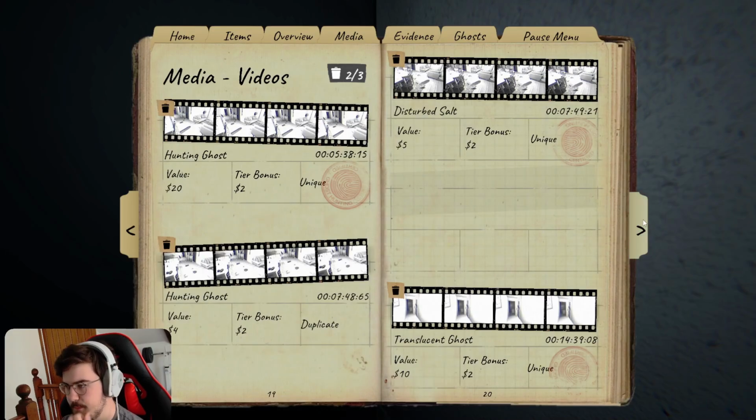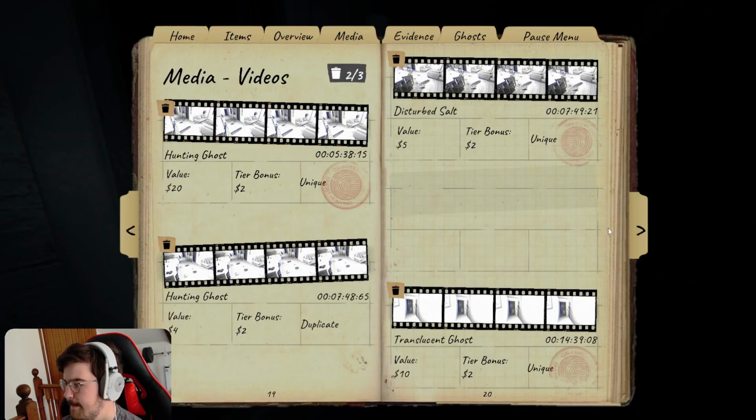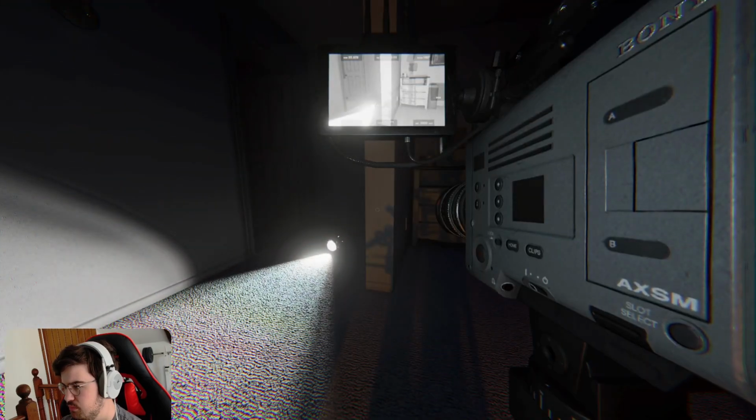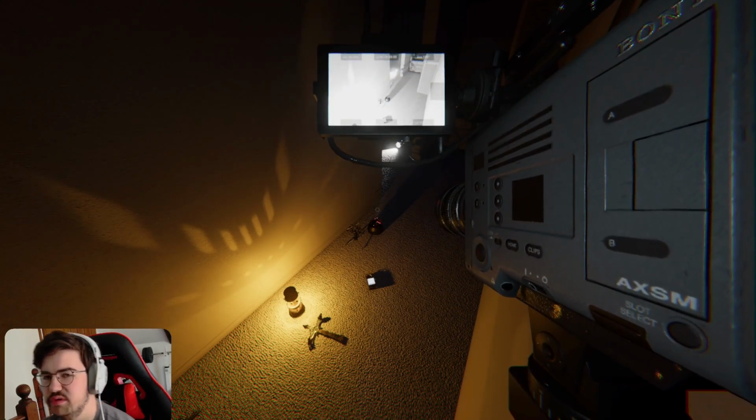Unique. To be fair, one sec, let me just crucifix now. I was gonna say, to be fair, the hunting ghost duplicate is actually not that bad. Think about it. Disturbed Salt Unique is $5 and $2, where a duplicate of this is $4 and $2. So you could almost just, depending on the ghost, if you were that desperate to...